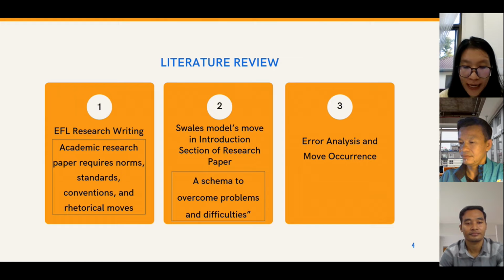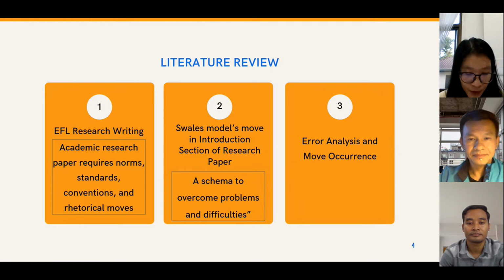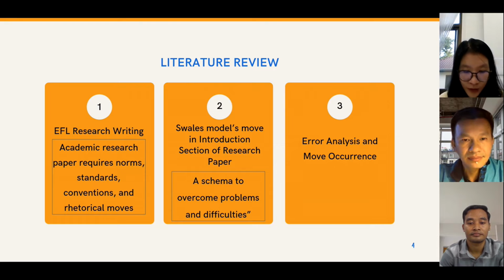Therefore, Swales' move as a needed schema are essential for students to accomplish this part. So for that, we propose a study to connect between the two perspectives on error analysis and move